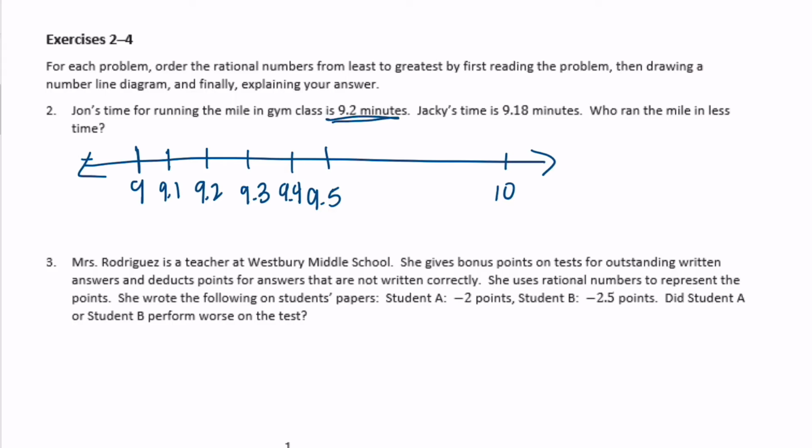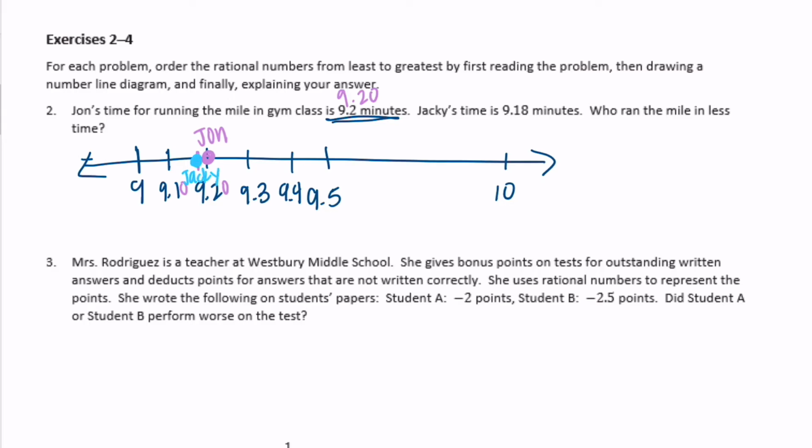Okay, so John's time was 9 and 2/10 minutes, so let's label John at 9 and 2/10. And then Jackie's time was 9 and 18/100 minutes. So here we have to have a little bit of number sense. We need to know that 9 and 2/10 is the same as 9 and 20/100. And so 9 and 1/10 is the same as 9 and 10/100. So in between 9 and 10/100 and 9 and 20/100 will be 9 and 18/100, which would be about right there. So that would be Jackie